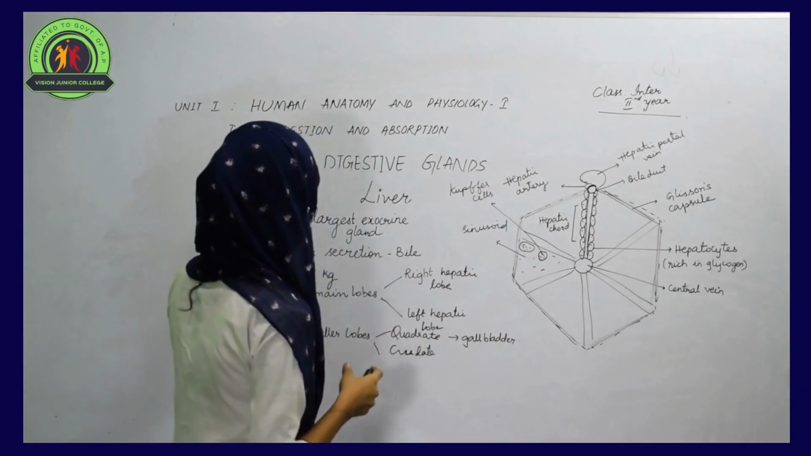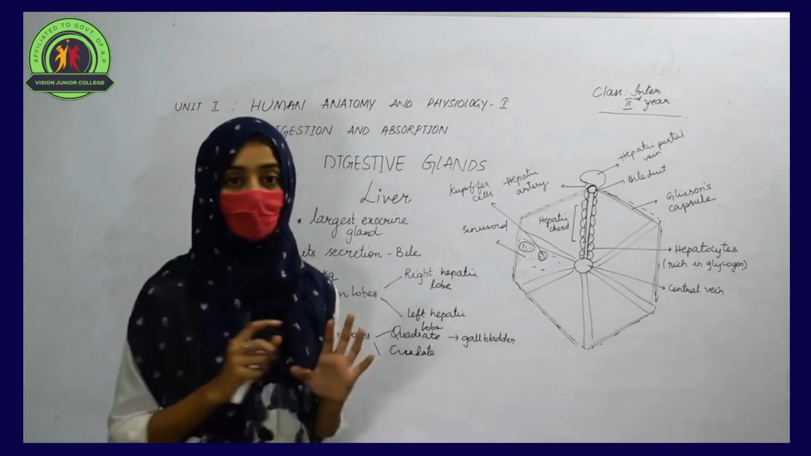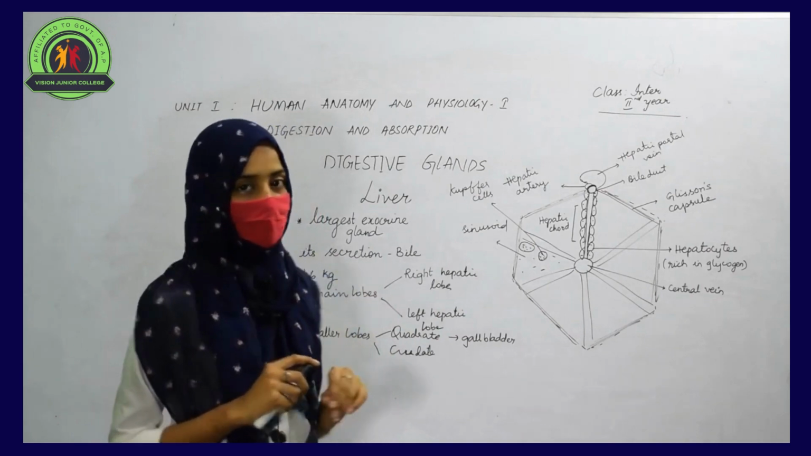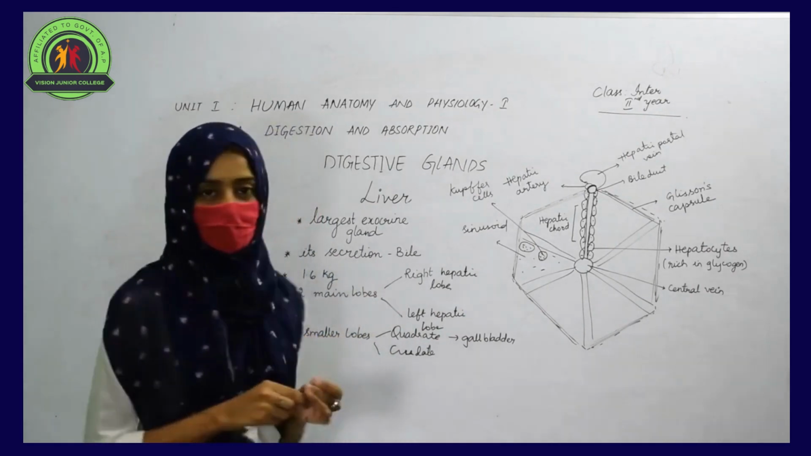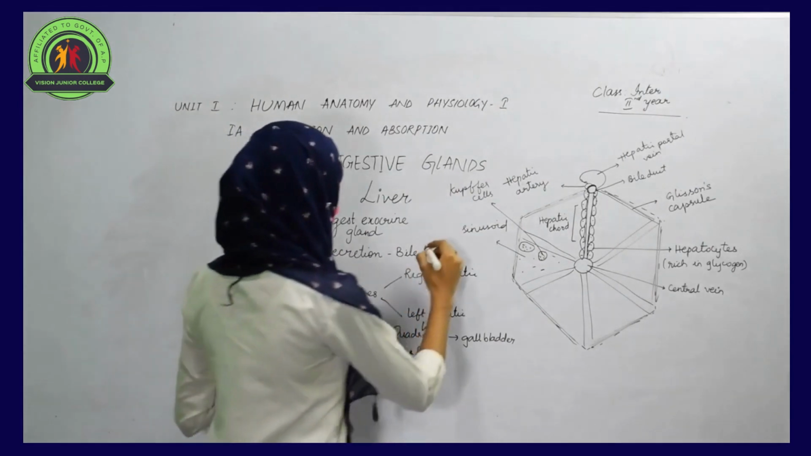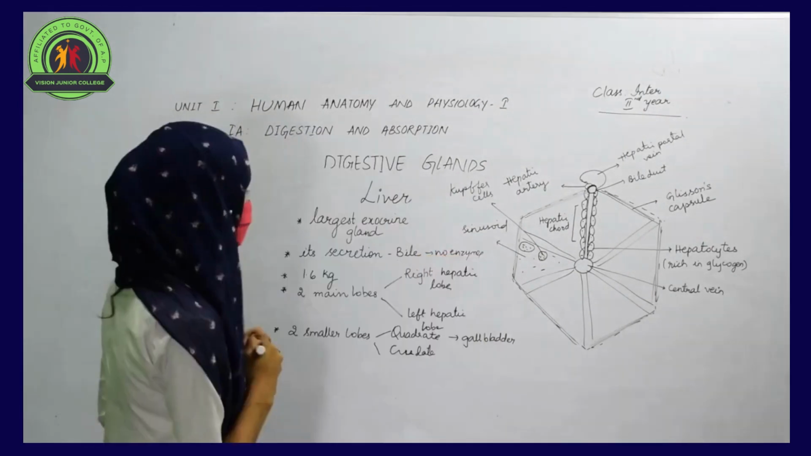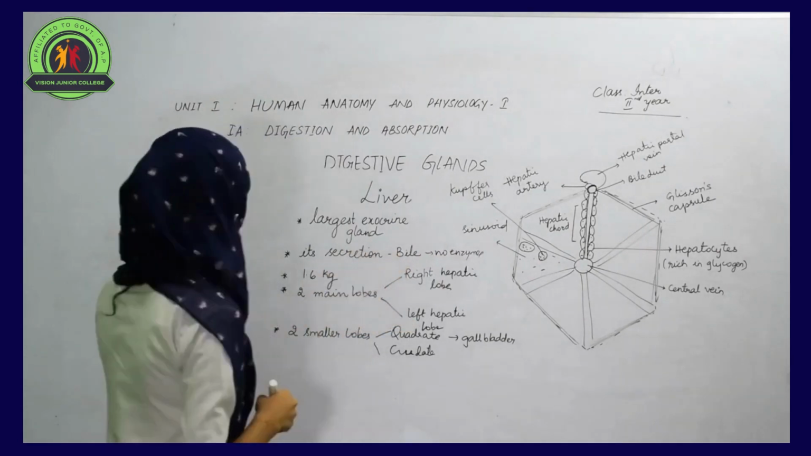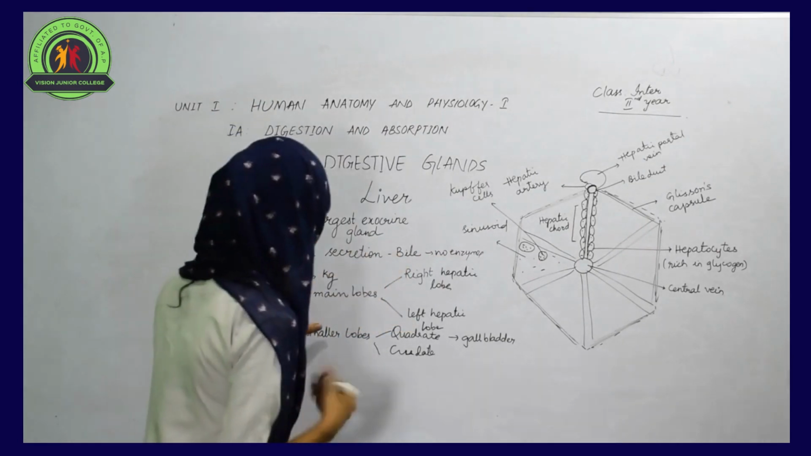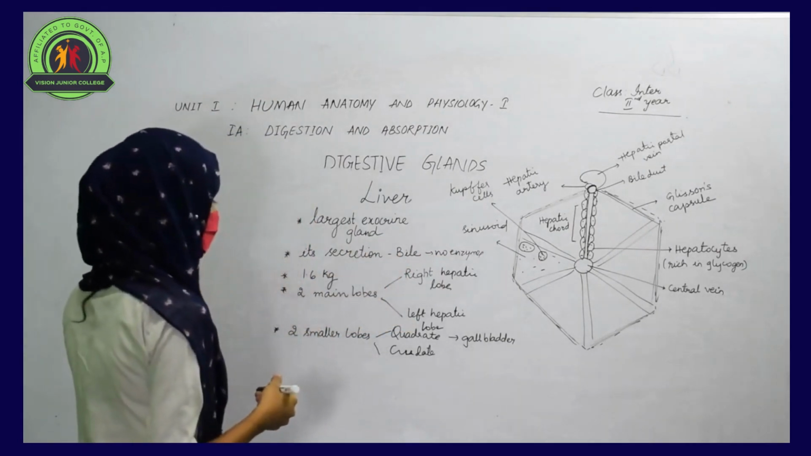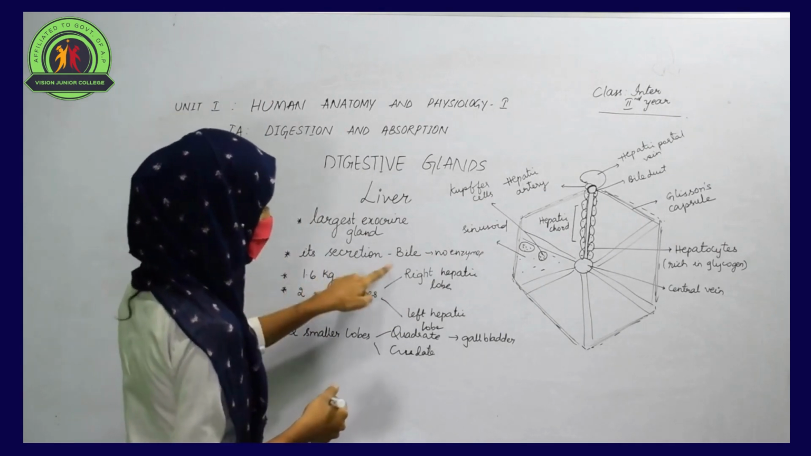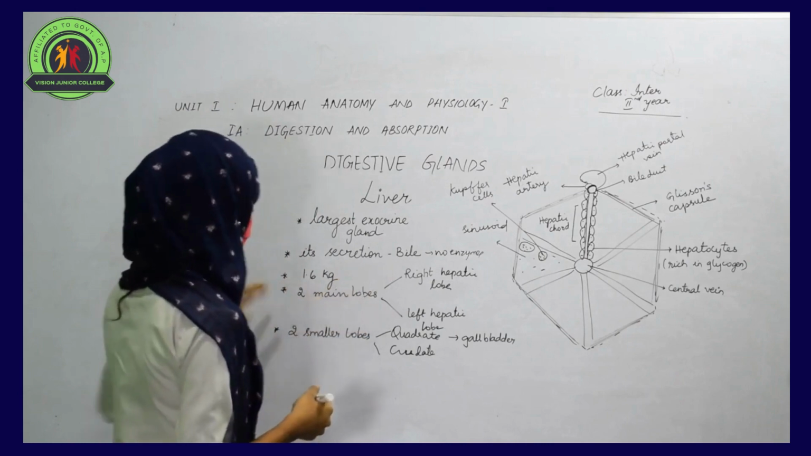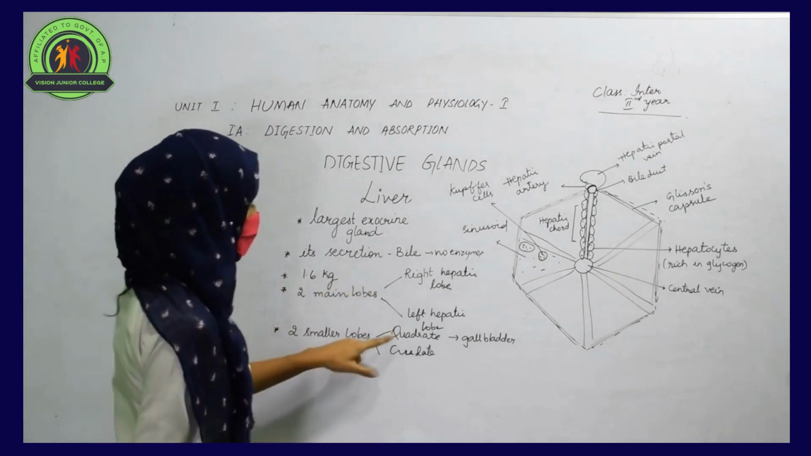This liver, as I said before, is the largest exocrine gland, and its secretion is bile. We all know that bile is a secretion that does not contain any enzymes. We cannot find any enzymes in the bile juice. The weight of the liver is 1.6 kg. It is made up of 4 lobes. 2 main lobes are found, the right hepatic lobe and the left hepatic lobe, and 2 smaller lobes are present, quadrate and